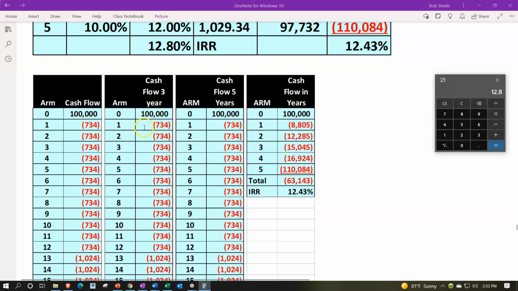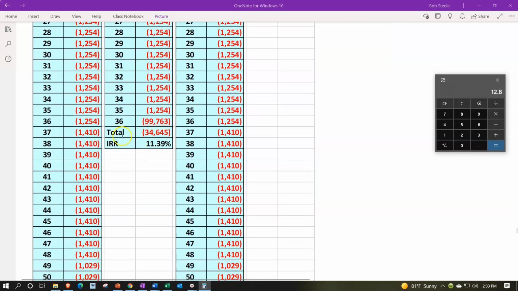If you assumed the same thing, but you assume that you're going to sell in 3 years, you can stop the cash flow on a monthly basis at 36 payments, which would be 3 times 12. And that would be the cash flow of $34,645. The IRR, the rate at which this series of payments would be zero, would be 11.39 at that point. So obviously, when you stop the loan, you're going to have an impact on this cash flow. Also note that last amount,